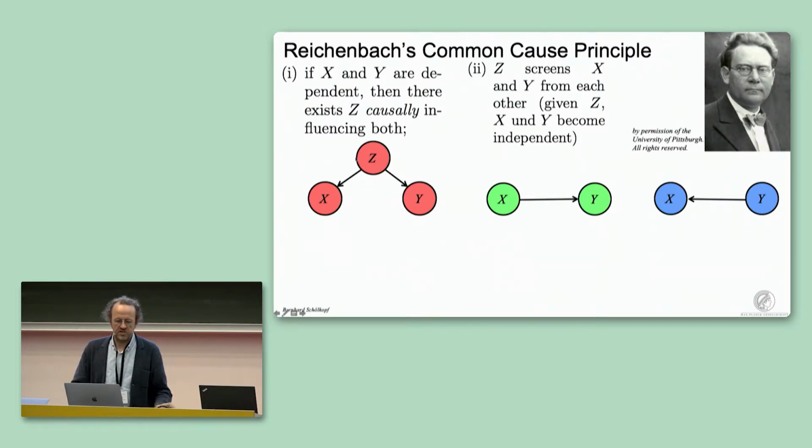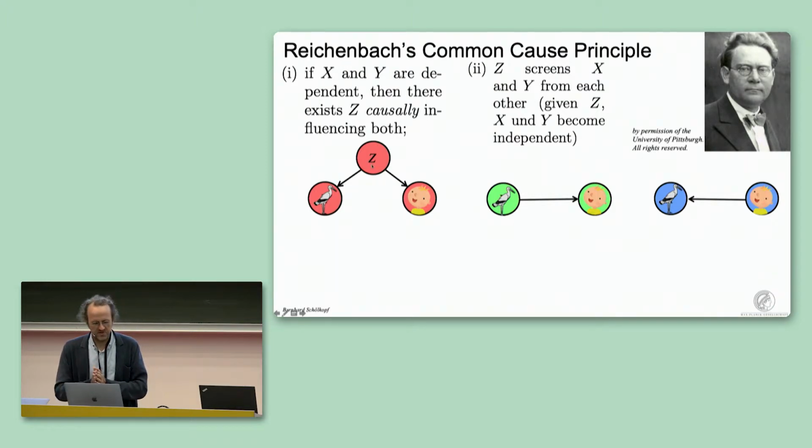In the generic case, they're caused by this confounder Z, and this confounder could coincide with either X or Y. So if we find the frequency of storks and the human birth rate to be correlated, which in European countries it is, at least the last time I found a data set about it, then it could be that the storks bring the babies, it could be that the babies attract the storks, or it could be that there's something else that causes both of them. And this something else is usually related to things like economic development, etc.